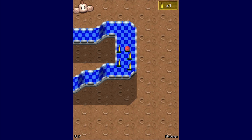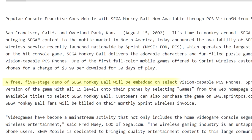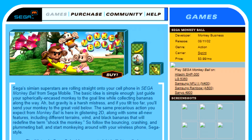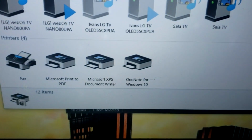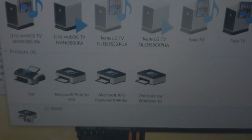Keeping in mind that I'm speaking relative to everything else we've done, this was somewhat straightforward. We knew that select models had the demo pre-installed on it, so it was safe to assume that if we could just find another phone of the same model as the other guy, we'd have another demo file. Sure enough, Ivan soon had a second phone with the game on it. After several more months, we finally found a second cable and someone from Coffee Break to help him dump it, and on February 1st, 2022,